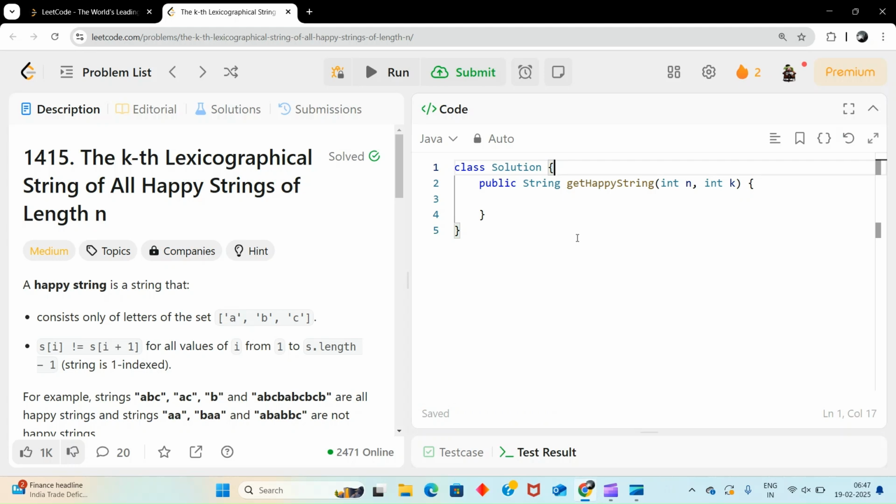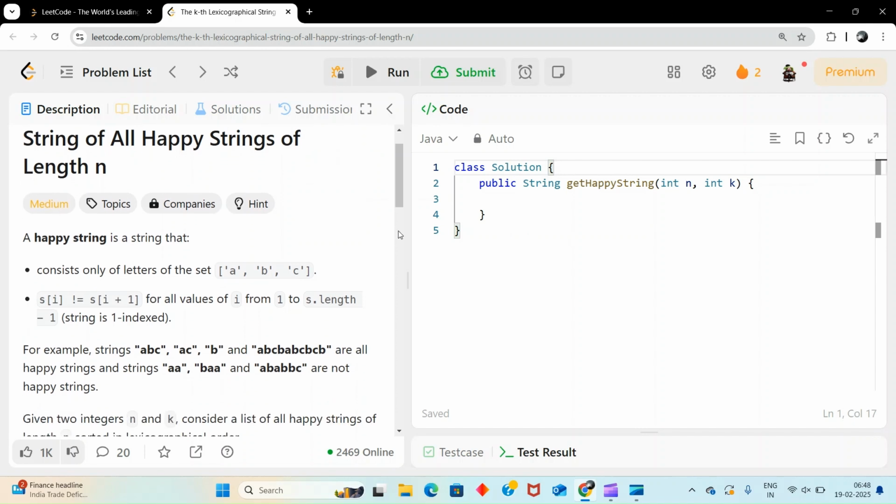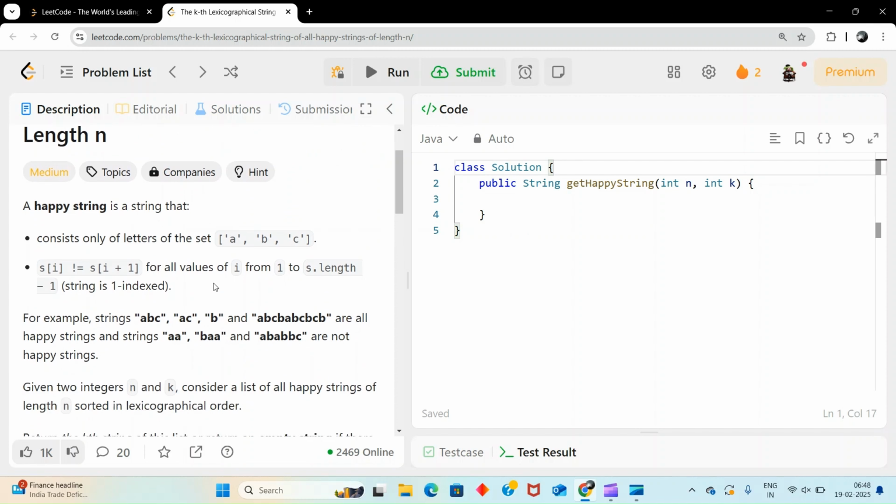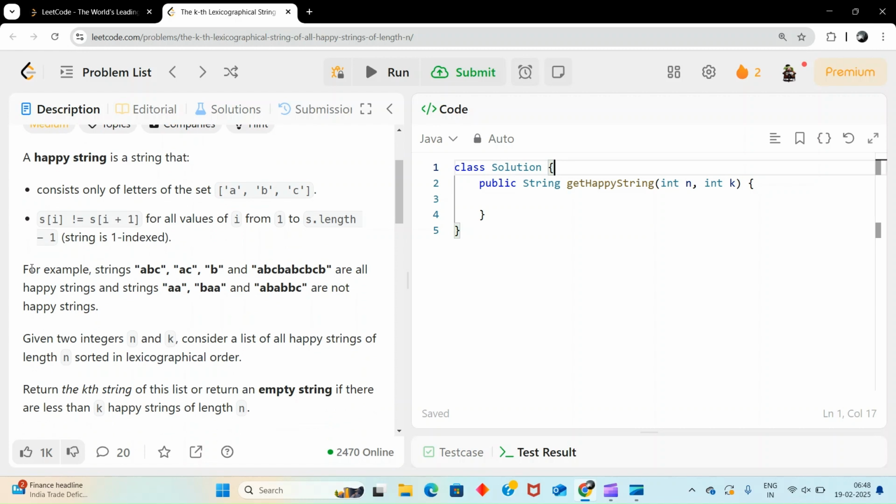Hey everyone, let's solve today's Leetcode daily challenge question. The question is the kth lexicographical string of all happy strings of length n. A happy string is a string that consists only of letters of the set A, B, C, and s[i] is not equal to s[i+1] for all values of i from 1 to s.length minus 1. For example, strings ABC, ACB, ABCBC are all happy strings because